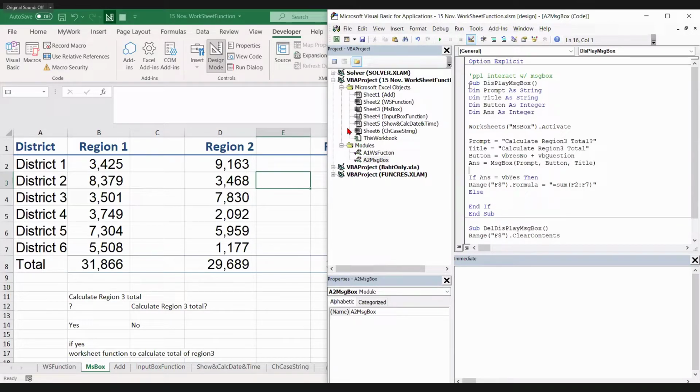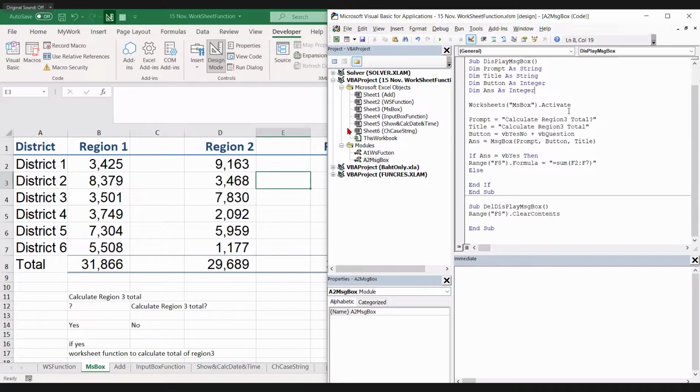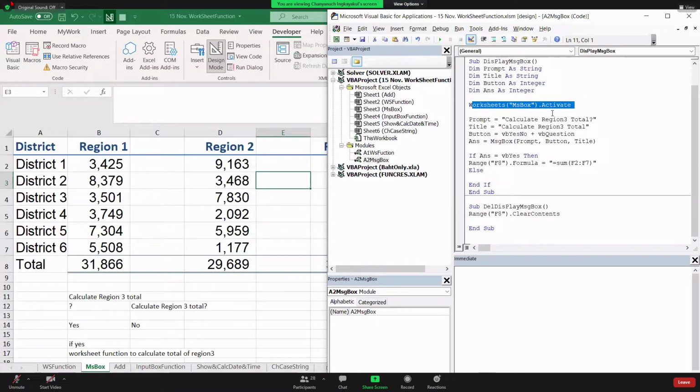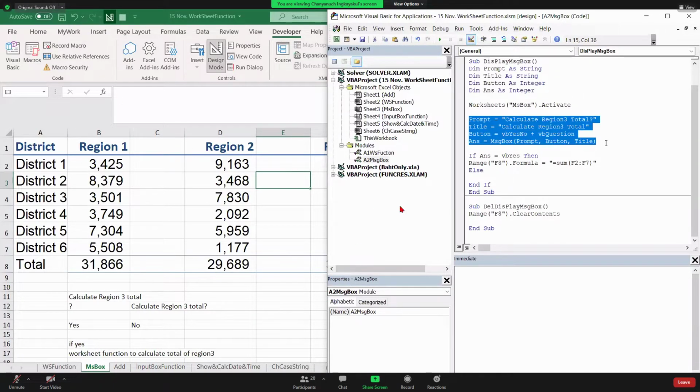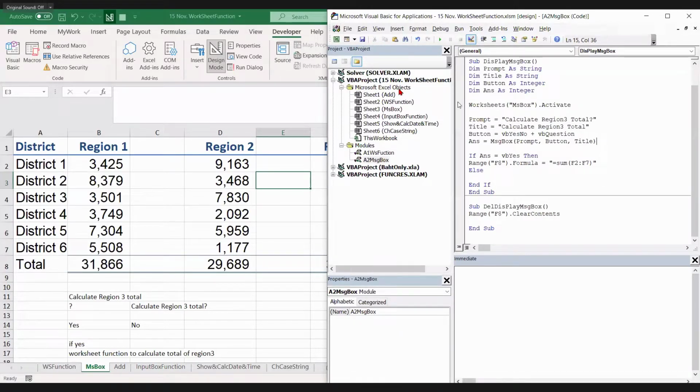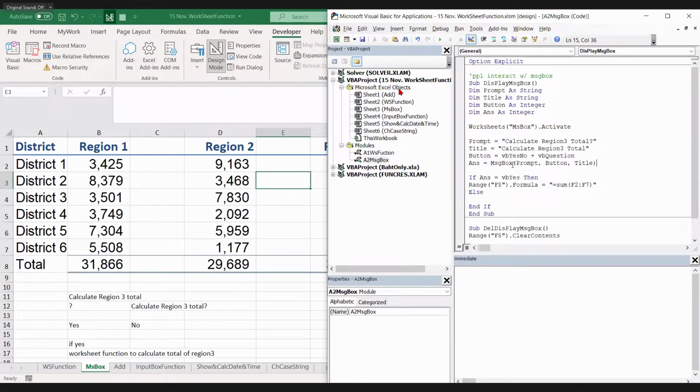So I declare this and then initialize it, and this one too. The prompt is the one that pops up, and the title is also the same, and then the buttons, yes and no, and also a question and the answer, just the message box, prompt, button and title. If the answer is yes, then calculate the sum of this, and if else, and then end. Okay, thank you. So if you look at here,